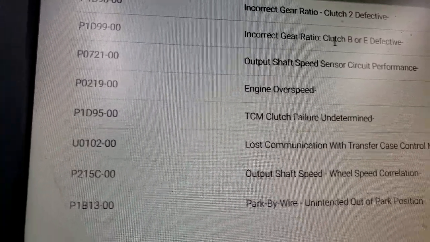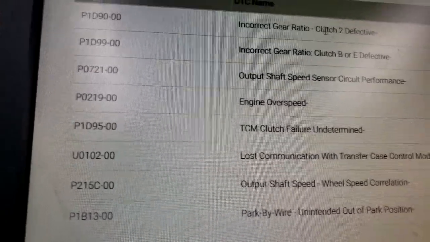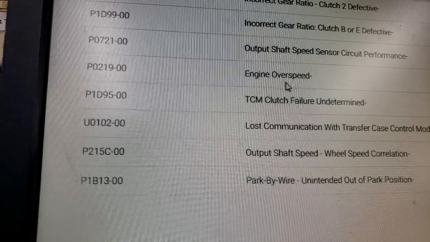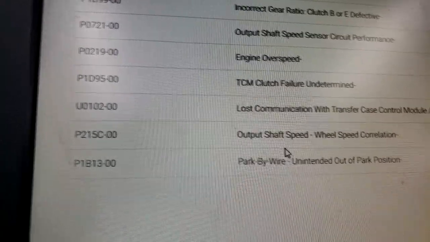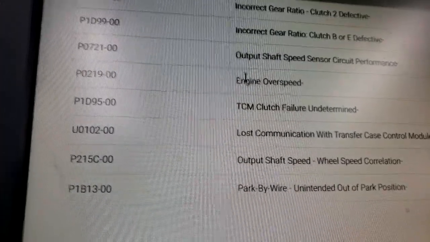All right, this incorrect gear ratio, we have no clutch pack for clutch B or clutch 2, so you simply replace it. Wow, engine overheated. This thing has some serious internal problems, guys. And I still haven't even got to the